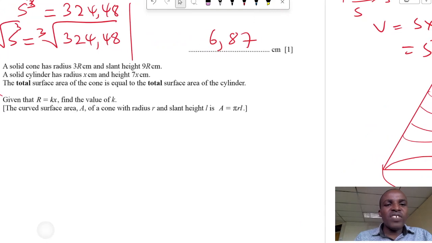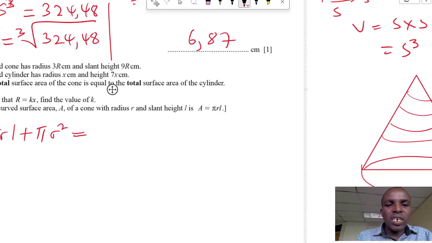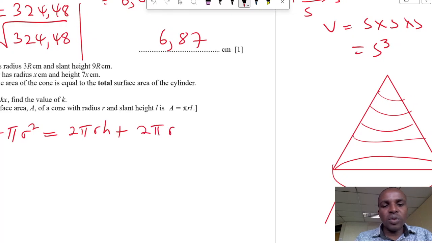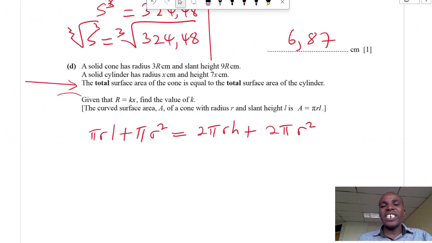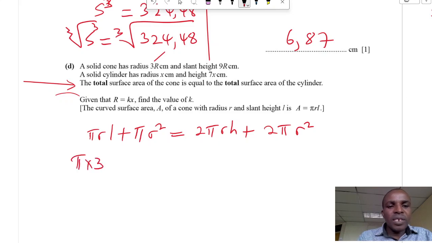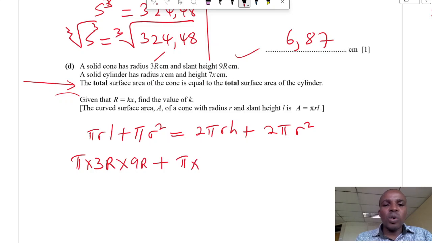So they said here, total surface area of the cone, which is pi RL plus pi r squared, is equal to total surface area of the cylinder, which is curved 2 pi rh plus 2 pi r squared, area of 2 circles. Take note, the radius of these are different, right? So let's put the appropriate radius. The solid cone is radius 3r. So for a cone, it will be pi times 3r times slant height. Slant height is 9r. Then plus pi times radius of the cone, 3r, squared